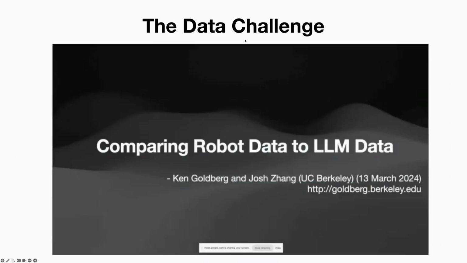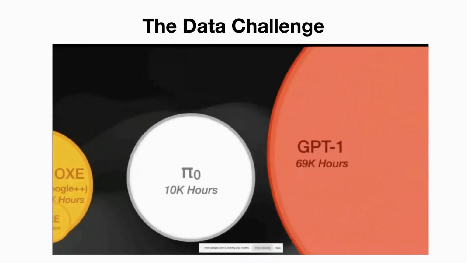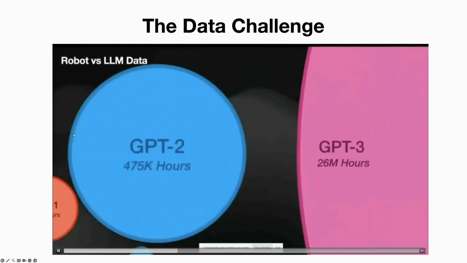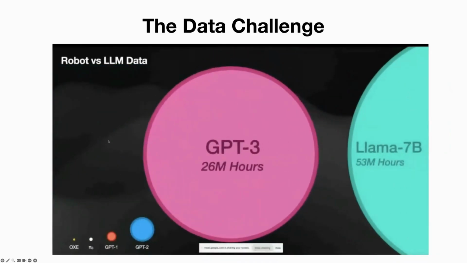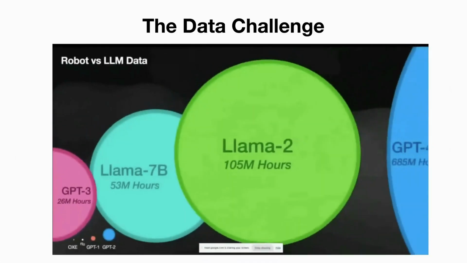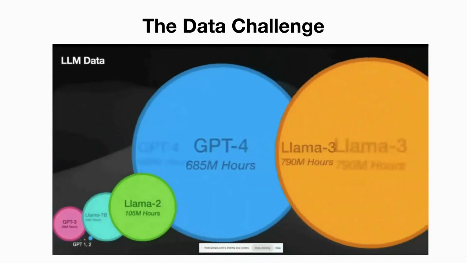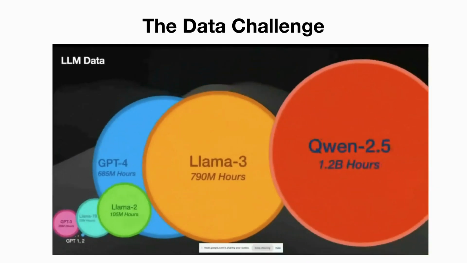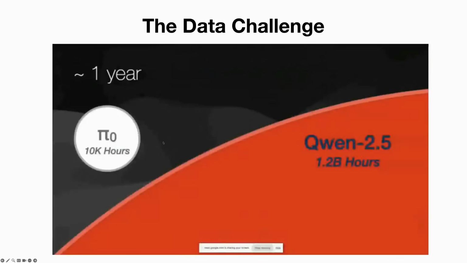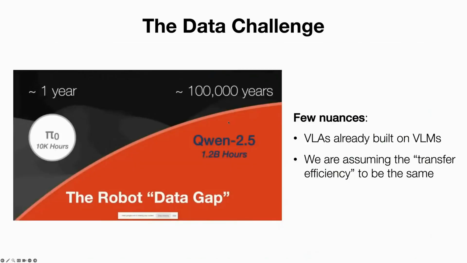But at the same time, there was also the data challenge, where we can absorb any data we give it, but how much data can we really give to these models? So I think this animation from Ken Goldberg really shows how big the data gap is if we want to train at a real foundation model scale, like the LLMs. And this is comparing the data sets in robotics to the data sets in VLMs. I think this is a great comparison.